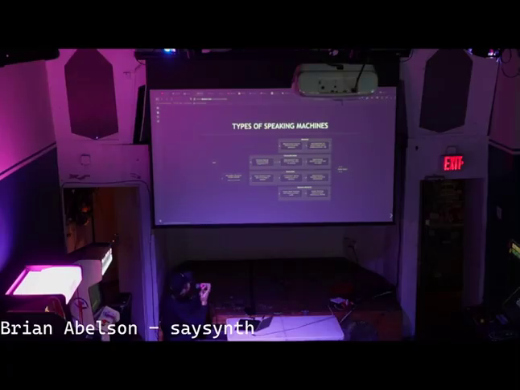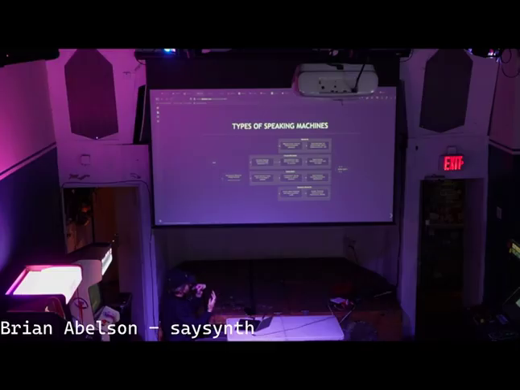You can have a formant or rule-based speaking machine, and this is more like an actual synthesizer, where you have an oscillator and a comb filter simulating the vocal tract shape to create different phonemes. There are sample-based speaking machines, and this can be as crude as